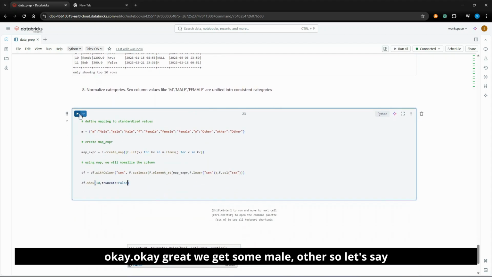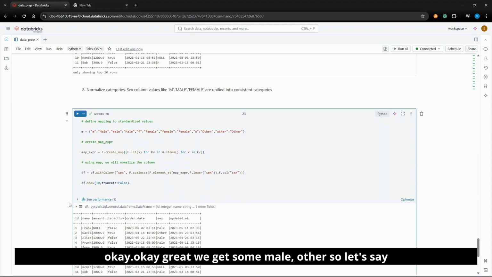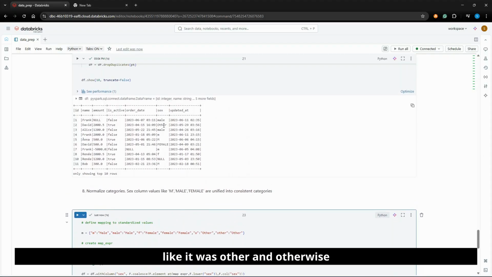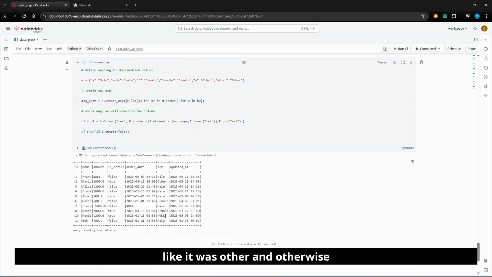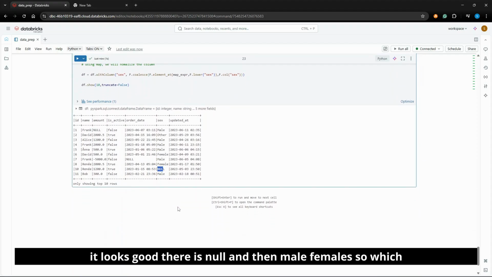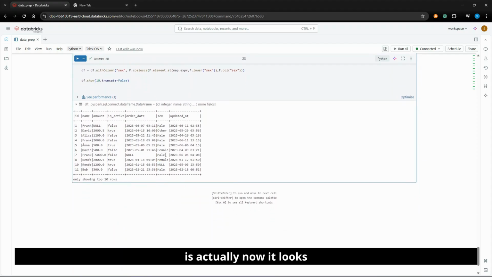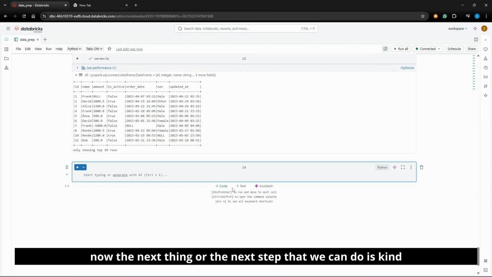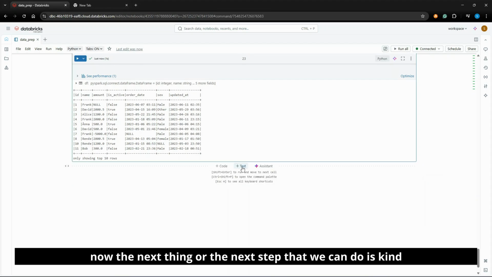Okay, and after this let's try to show. Okay, great, we get male, female, other, so let's say it was other, and otherwise it looks good. There is null and then male, female, which now looks good. We have some standard values, so I think we are good with the column values. So now the next step that we can do is